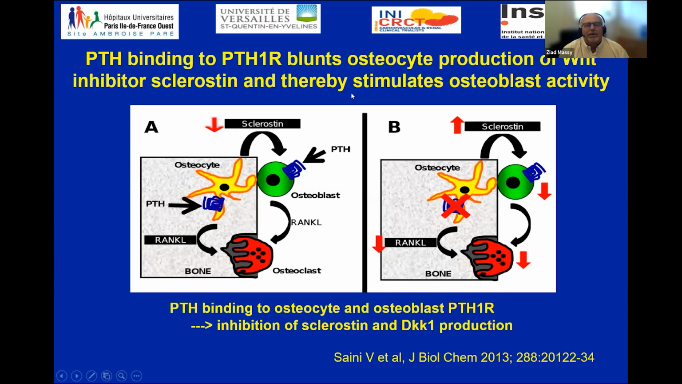What is well known at the level of the bone is that PTH binds to the PTH1R, which is present in osteocytes and osteoblasts, decreases the production of sclerostin, and then stimulates osteoblast activity. Once osteoblasts are stimulated by PTH in the presence of sclerostin, they can secrete RANKL and activate the generation of osteoclasts. This binding is very important, and the role of sclerostin and DKK production is really well documented in